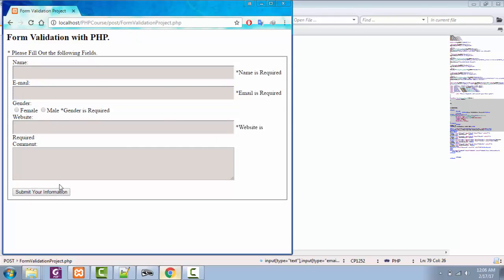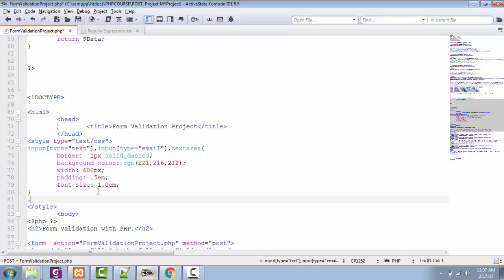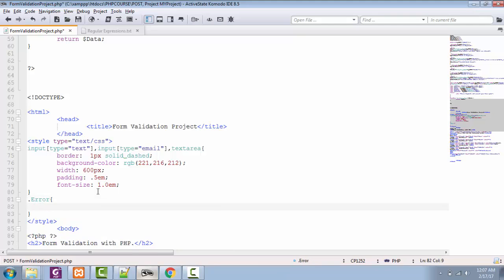Now submit the information. Now we are getting this error in black form. I'm going to add a class of error in which I'm going to make its color red so that it could be more attractive. So let's add one class of error here and give it the color red.